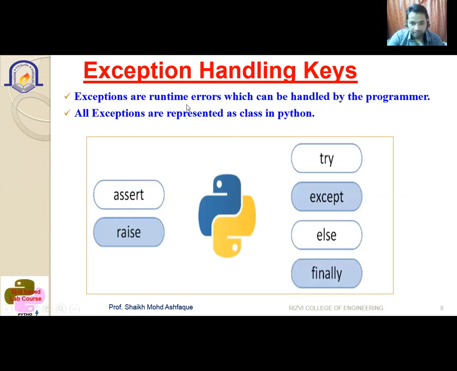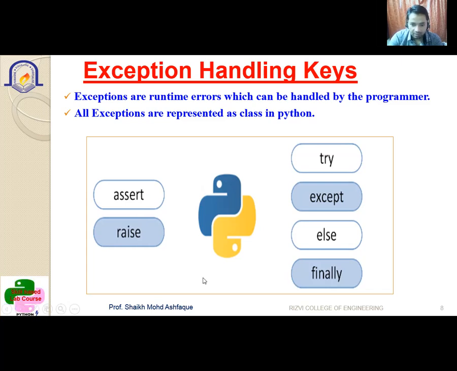These are the exception handling keywords. Exceptions are the runtime errors which can be handled by the program, as I said in the earlier slide also, and they have multiple classes. Similarly, various keywords are used to handle exceptions. You can see here: try is a keyword, except is a keyword, else is a keyword, finally is a keyword, assert is a keyword, and raise is a keyword.